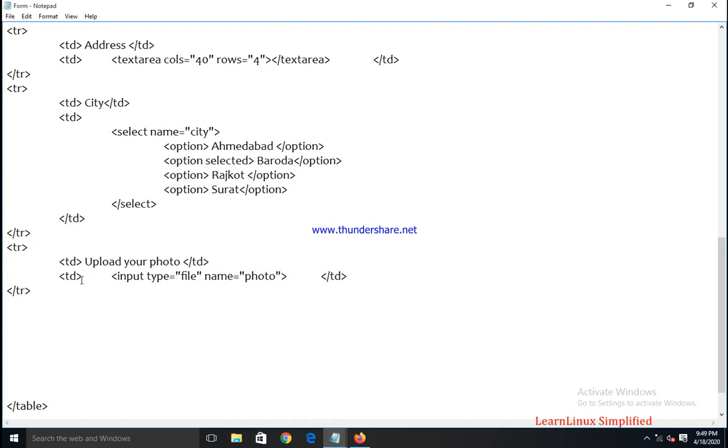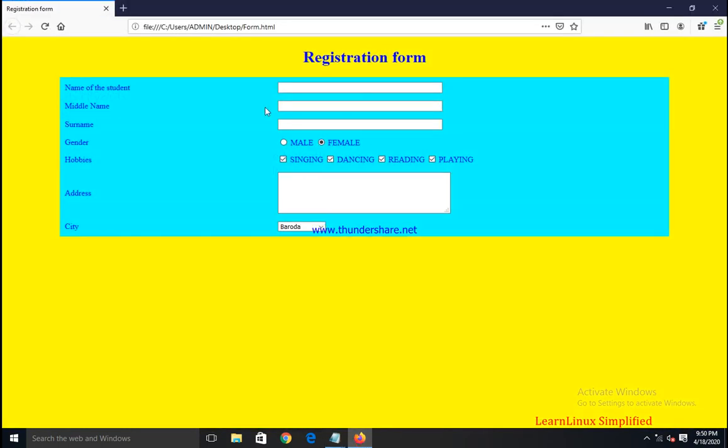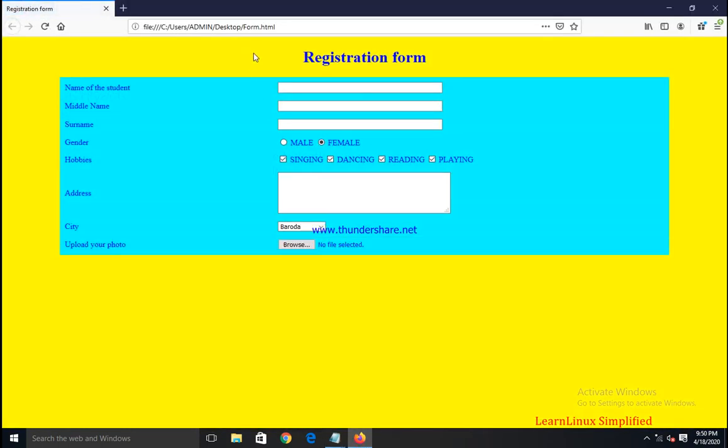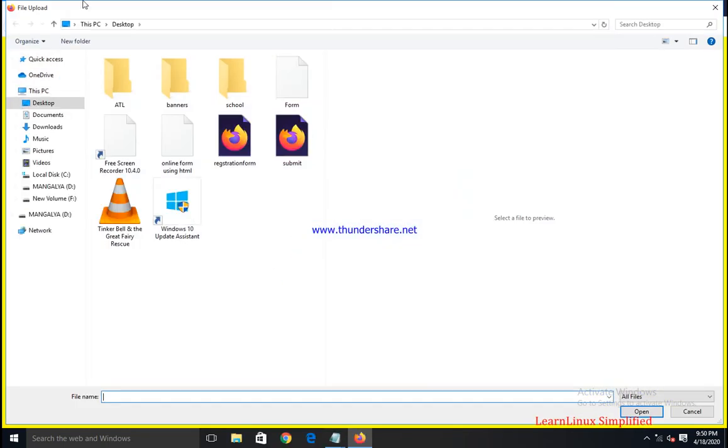We can select any kind of file like photos, audio files, any text file, any zip file, any kind of file we can attach. Save, and we can see the result. See here, upload your photo, and a browse button will be there. By clicking on the browse button, I can open my own computer from where I can select the image.